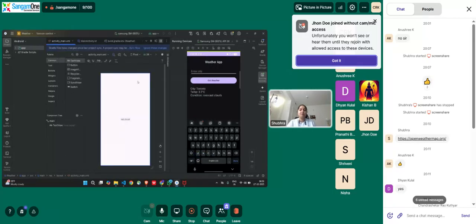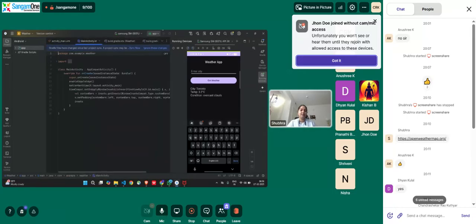I've not made changes to any of the code. Activity main and MainActivity is what has come. The only thing where I've made changes was the issue that my system shows. I had to change some versions in the .toml file, if you might have remembered. And the second thing that I did add was,